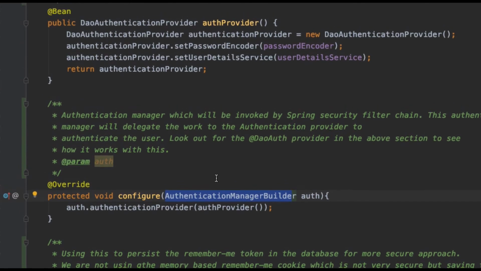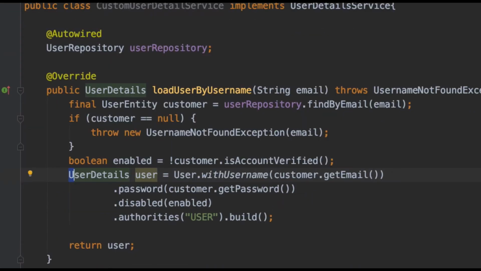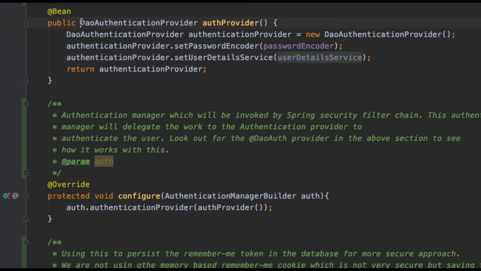Within this authentication manager, we are telling it, hey, use the DAO authentication provider. This is an out of the box authentication provider, by the way. All right. And this DAO authentication provider needs certain information, and one of them is a user detail service. So if you see, we are injecting it as a user detail service, right? And now we are telling this DAO authentication provider that when you are authenticating a user, use this user service to load the information.